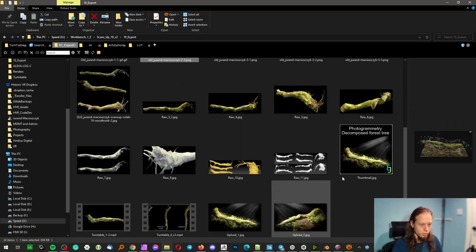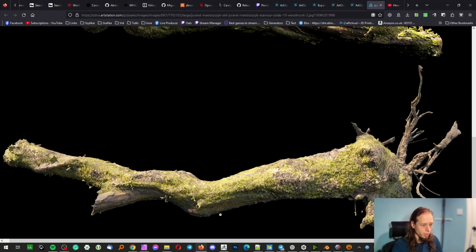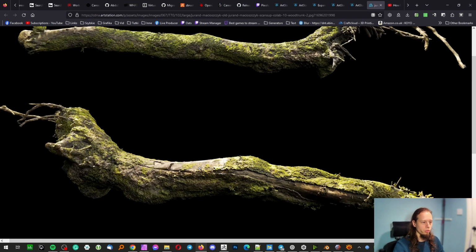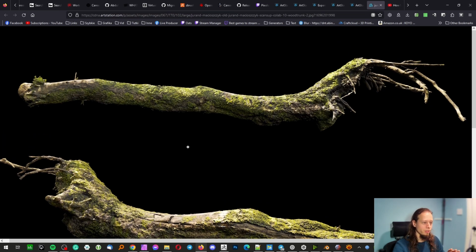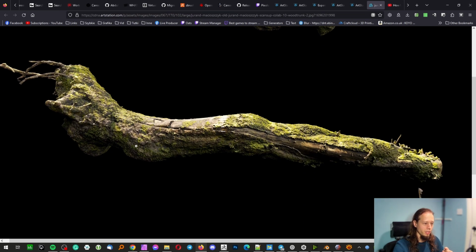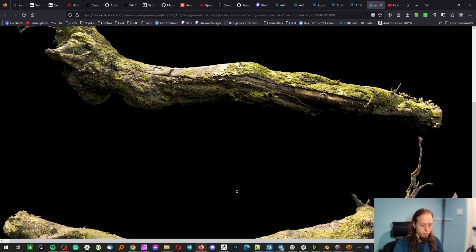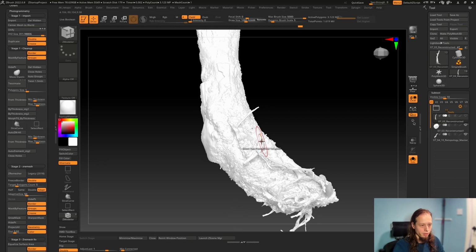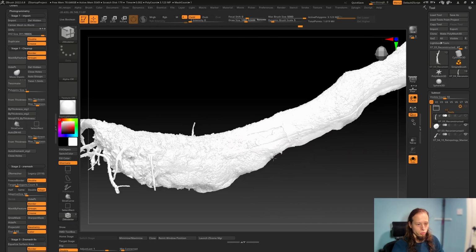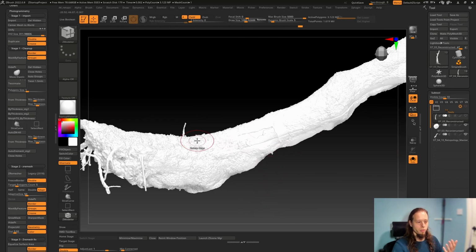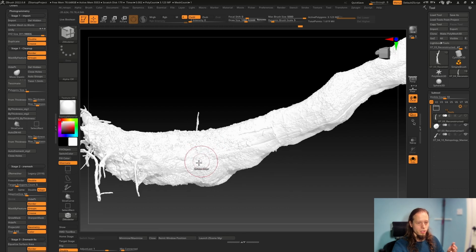But let's go to my portfolio upload. Up here, as you can see, the final effect was quite convincing, at least for me. We have moss, we have wood and everything, even some dirt on that side, but that wasn't enough. So Matteo suggested a full approach of borrowing parts from the model and using them